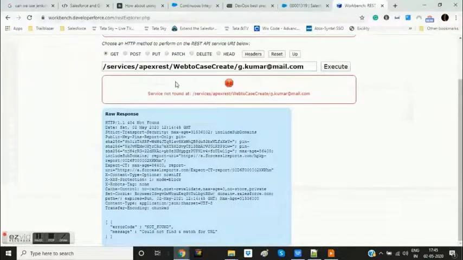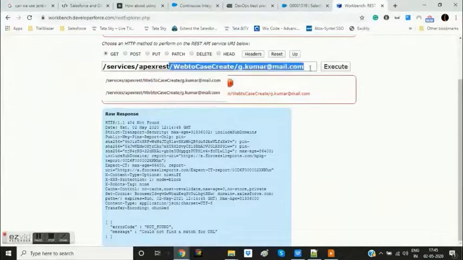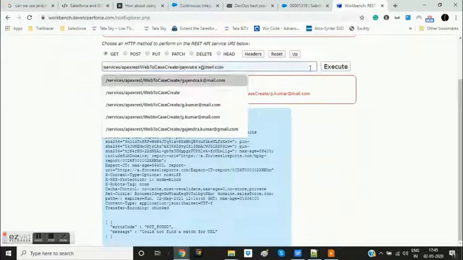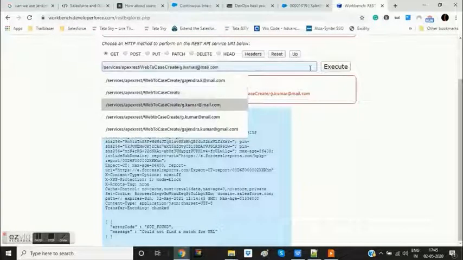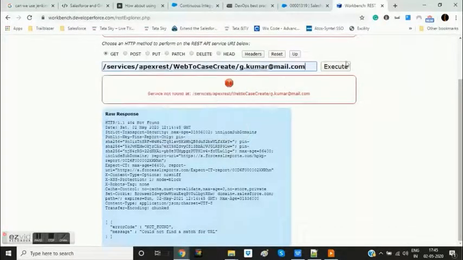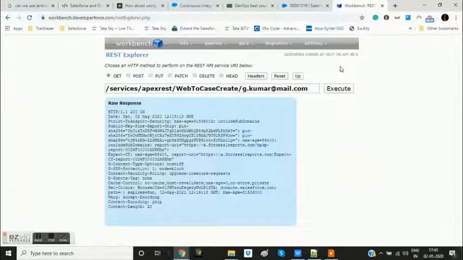Could not find the match for URL. Okay, what's the name? Web to case create. Okay, services slash apexrest web to case create slash gkumar@mail.com.